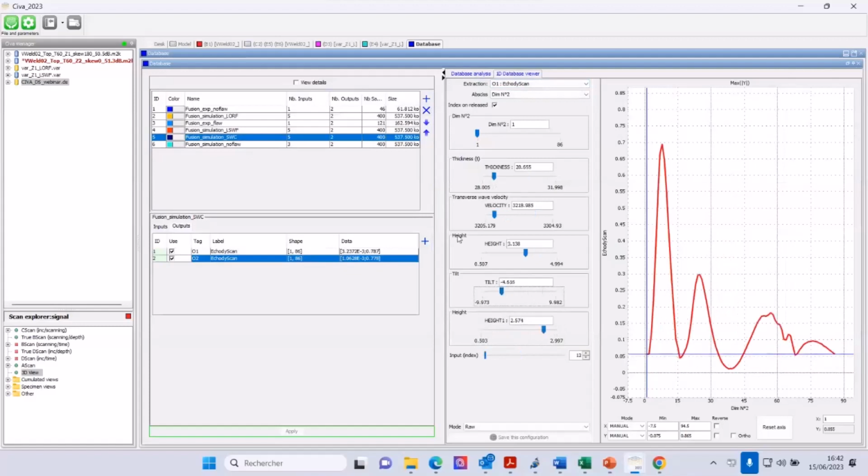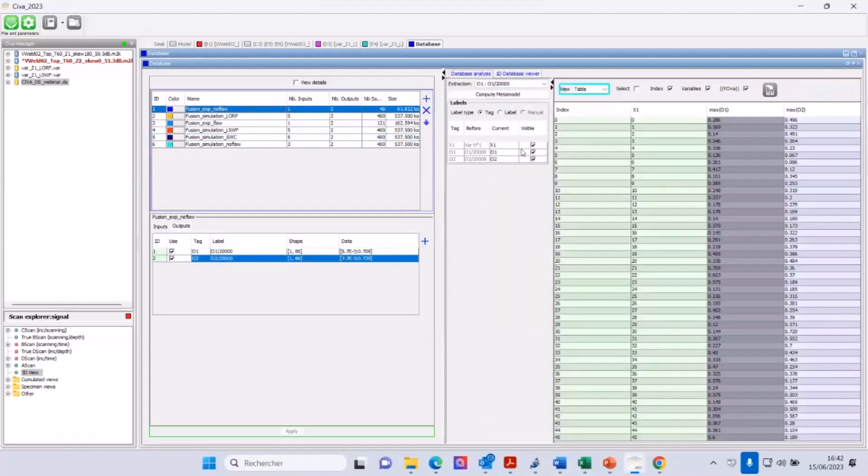Here, these are my simulations. So we have the variations on the different inputs, the different variables we define in the simulation. And on the experimental data, you have also the table with the index, the amplitude, and the two outputs, O1 and O2. And again, with all these manipulations, you need to be consistent.